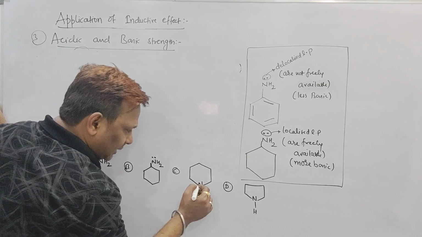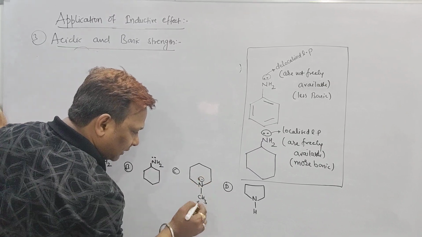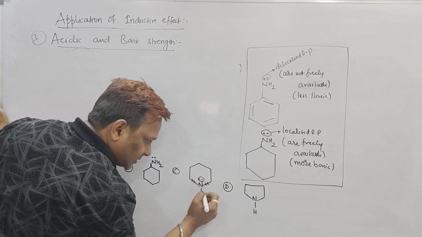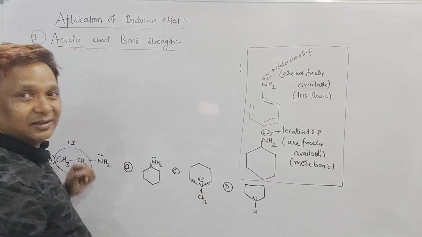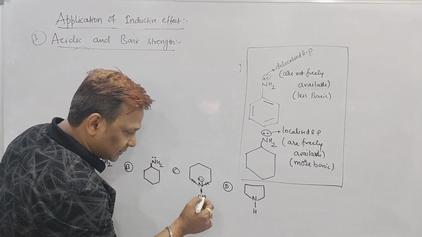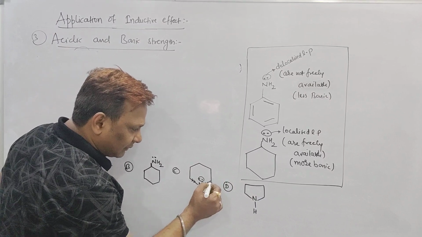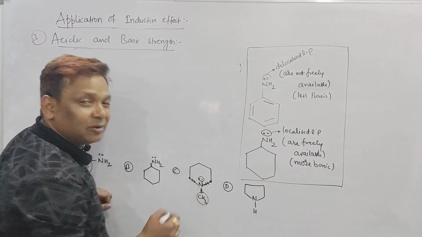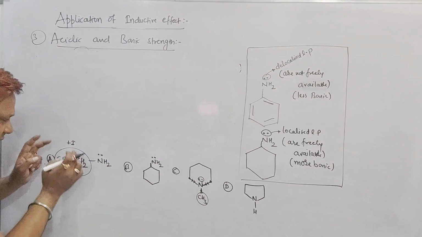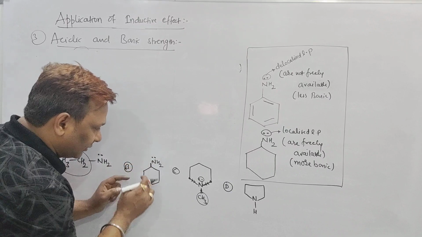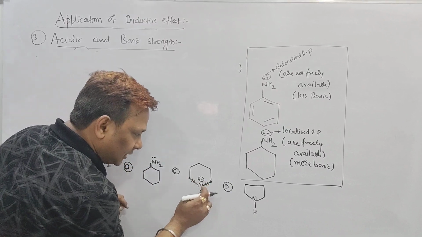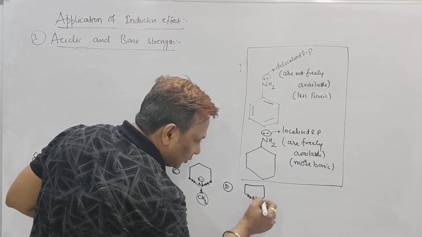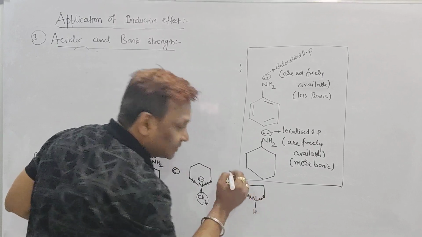In C, you can check beta, nitrogen atom is having a lone pair, but it will have plus I from this side, plus I this side, and plus I this side. Because see beta, nitrogen is having this plus I group. It is bonded with the CH2, it will also have plus I. It is bonded with the CH2, it will also have plus I. But it is having only 1 plus I, it is also having only 1 plus I, it is having 3 plus I, and it is having only 2 plus I. See, only this is a 1 plus I, this is a 1 plus I.